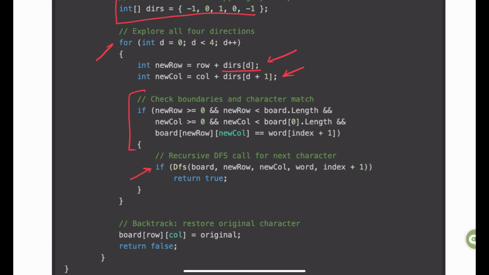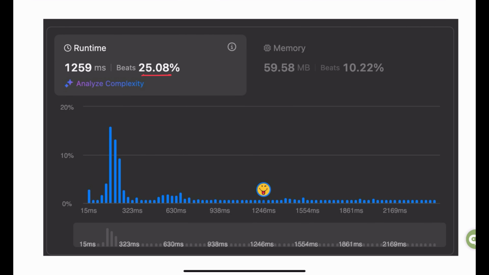I'm also making sure that the element that the new row and column are pointing to is equal to the next character in the input string. If the conditions are satisfied, we then call the DFS method recursively, passing the new values of the row and column. This recursive loop will continue until we have figured out the input string or we have exhausted all the combinations and couldn't find the input string in the grid. In that case, our output will be false. This code, when submitted on LeetCode, beats nearly 25% of the submissions in terms of runtime and 10% in terms